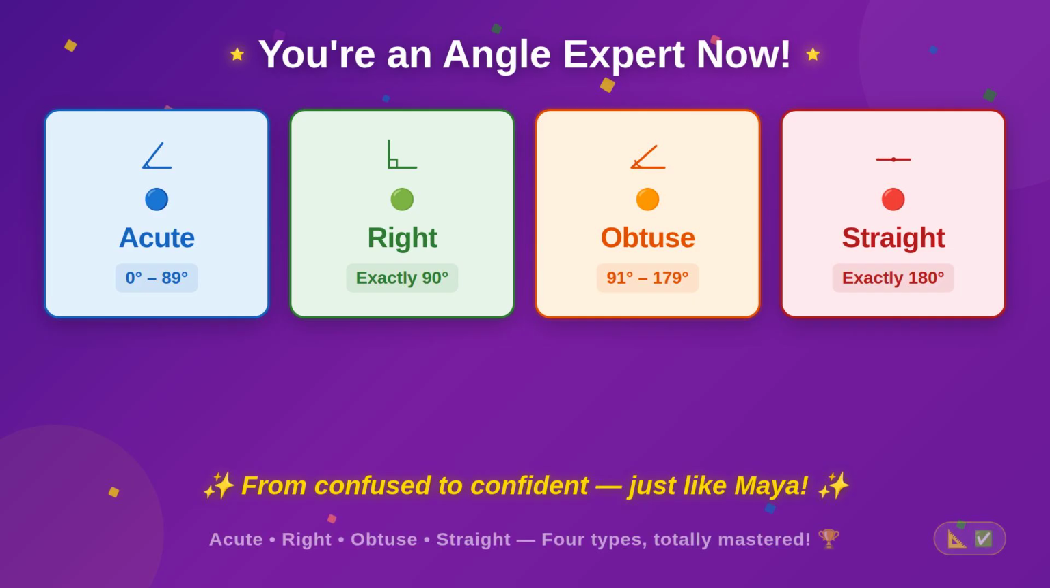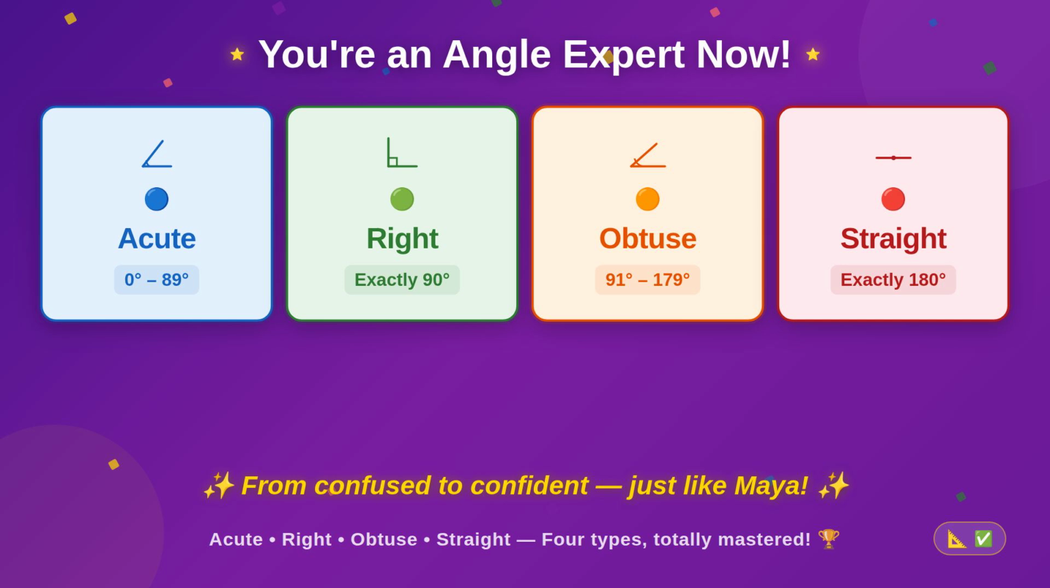Remember when Maya was totally stumped by angles? She couldn't tell an acute from an obtuse to save her star drawing. Now look at her. She classified every single angle on her worksheet and made the best star in the class. And you did it right along with her. Acute under 90, right at exactly 90, obtuse between 90 and 180, and straight at exactly 180. 4 types, 4 rules. Totally mastered. Practice spotting angles in your house today, and you'll never forget them. You've got this. You're an angle